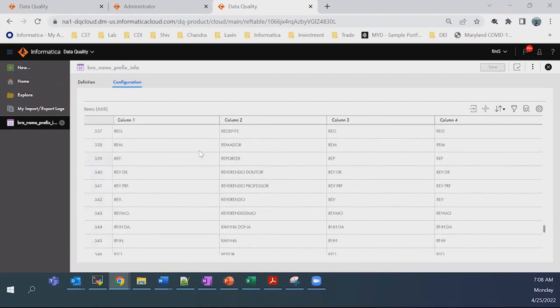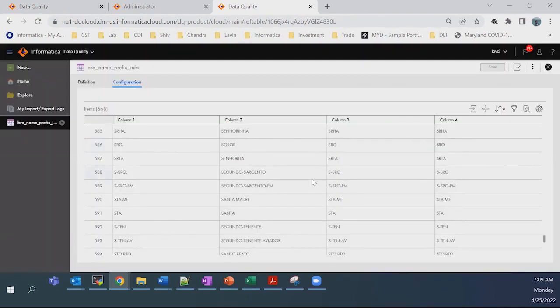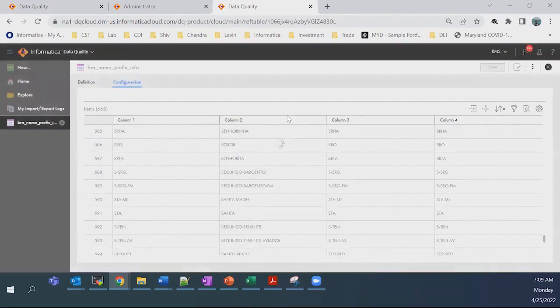Anyway, so these are the prefix. So the dictionary is like rem and dot, and if the name comes under these various names like remador, rem, right? So all these things will be this prefix now. And this is out of the box, right? So if you want to create your own, you can just simply go and create your own dictionary and have the approach that you want to have,